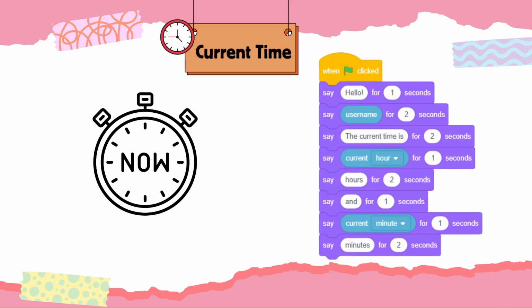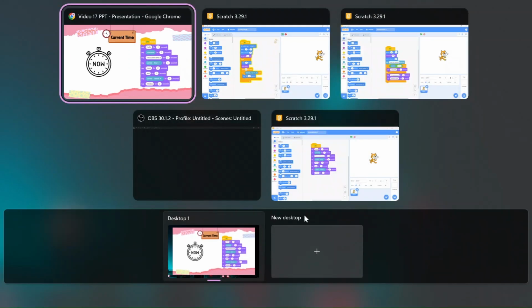Now moving ahead, let's see another thing we have. Moving ahead, the different code, and this one is quite important, which is the current time. For example, if you are creating a project where you want to see the current time, how are we going to see it? You are going to see it with the help of this code. So let us go there and I'll show you the basic thing.